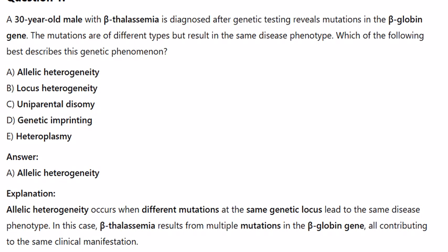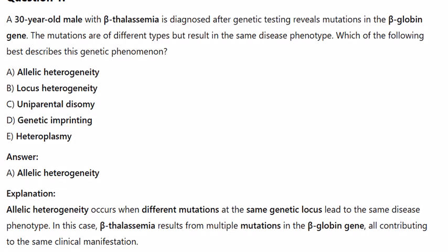A. Allelic heterogeneity. B. Locus heterogeneity. C. Uniparental disomy. D. Genetic imprinting. E. Heteroplasmy. Answer: A. Allelic heterogeneity. Explanation: allelic heterogeneity occurs when different mutations at the same genetic locus lead to the same disease phenotype. In this case, beta thalassemia results from multiple mutations in the beta globin gene, all contributing to the same clinical